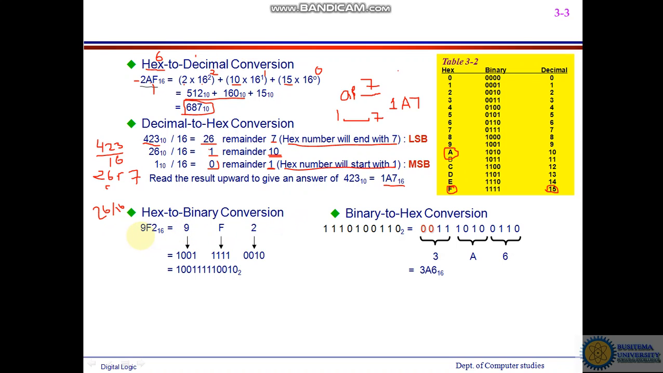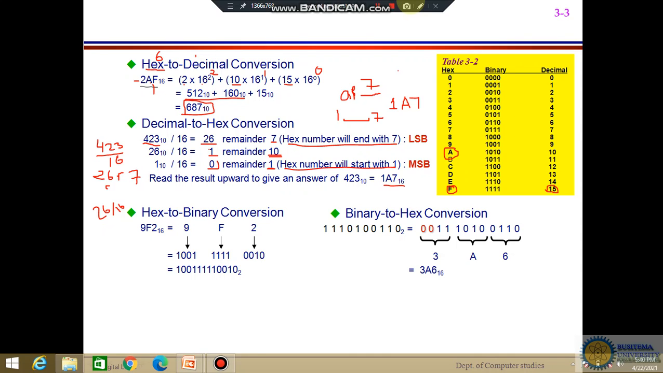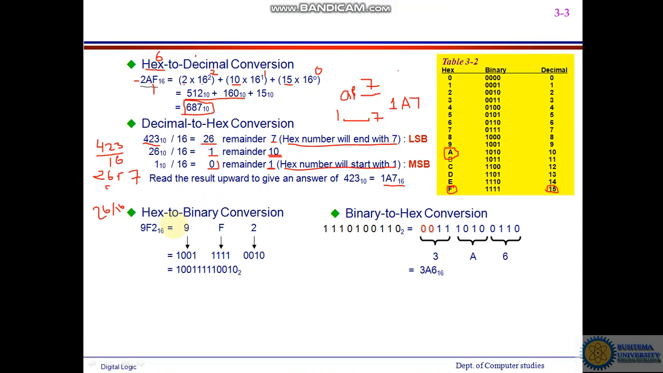All right, so we can as well convert hexadecimal to binary, and we just need to only get the values. Okay, we get the values that are there. So for example, you have 9F2 base 16, and we want to take it to binary. So a 9